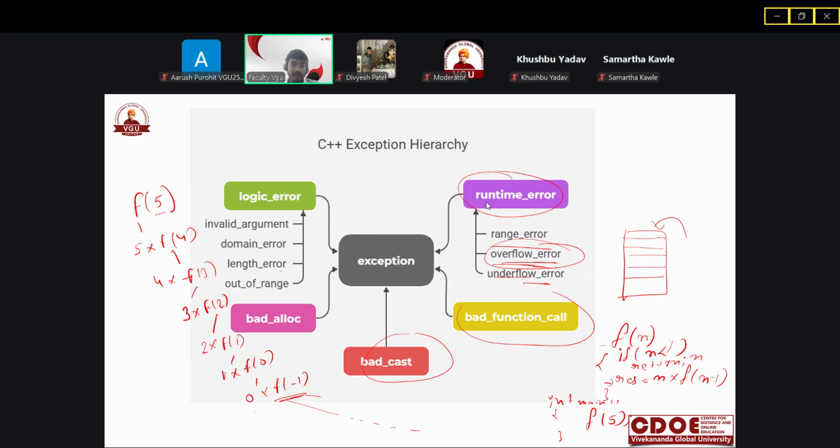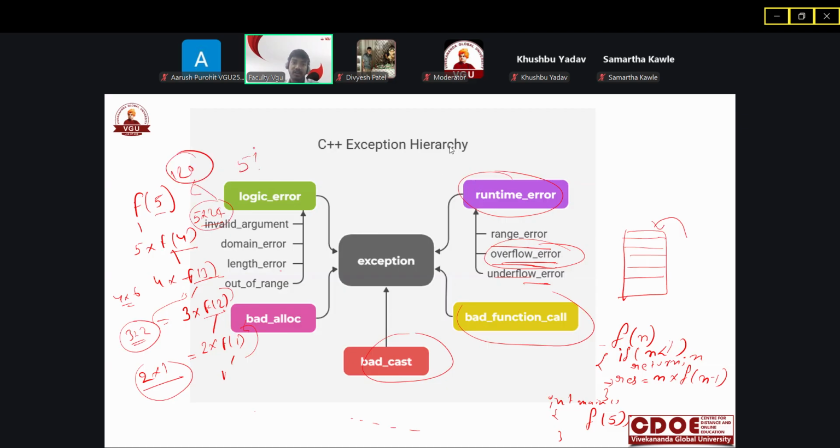So when we get to f of 1, which is 1, we simply return 1 here, and the output will be 2 into 1. So the output of f of 2 is 2. Here it will be 3 into 2, that is 6, and it will return 6. So 4 into 6 is 24. So 24 will be assigned here, and 5 into 24 is 120. So f of 5, that is 5 factorial, is 120, as all of you know. 5 factorial is 5 4 3 2 1, which is 120.